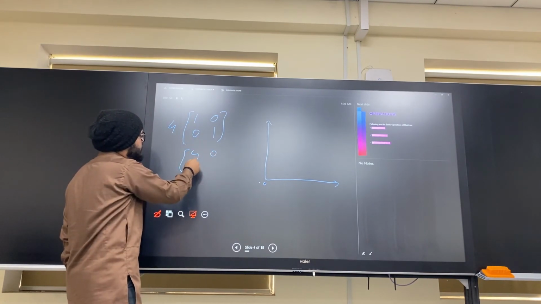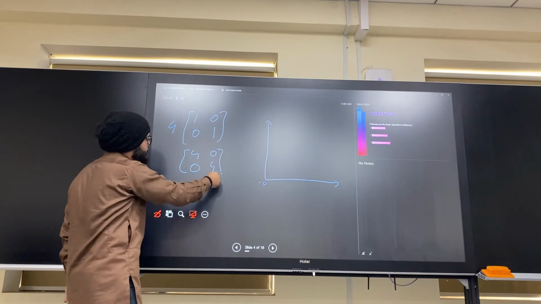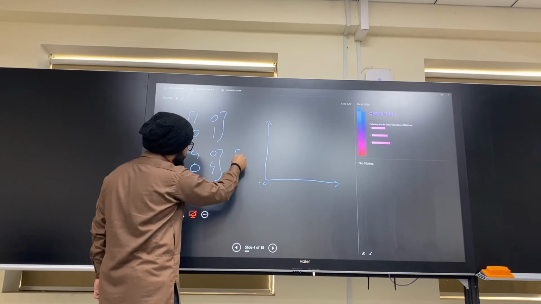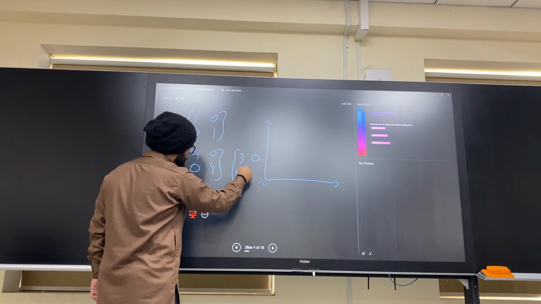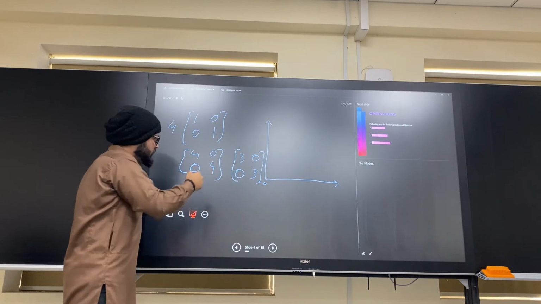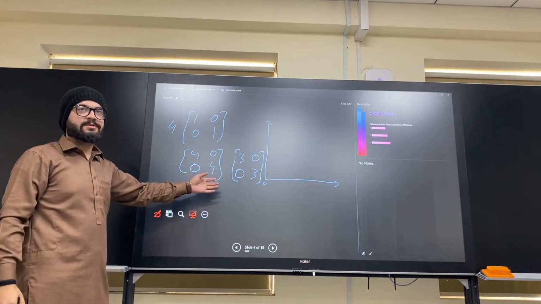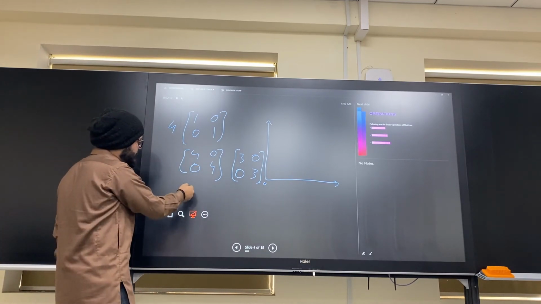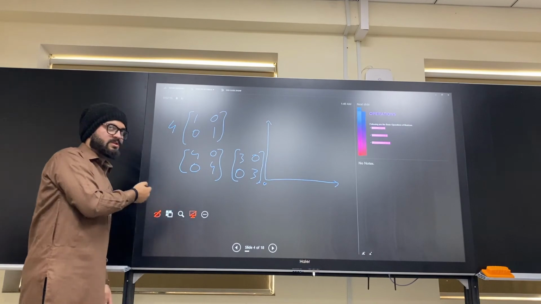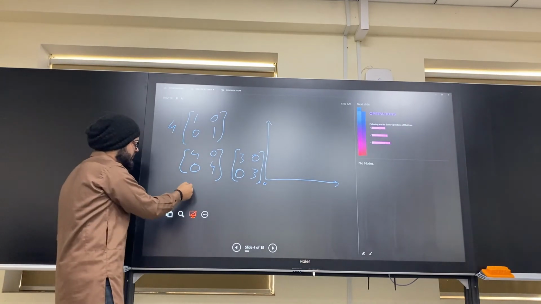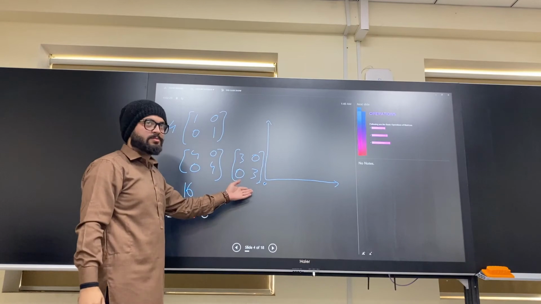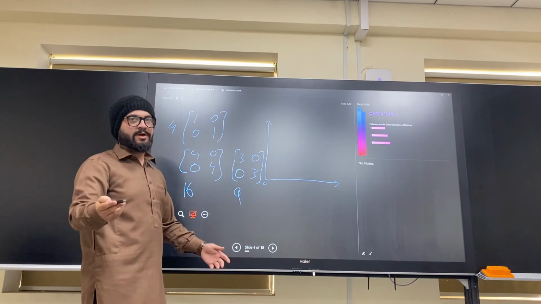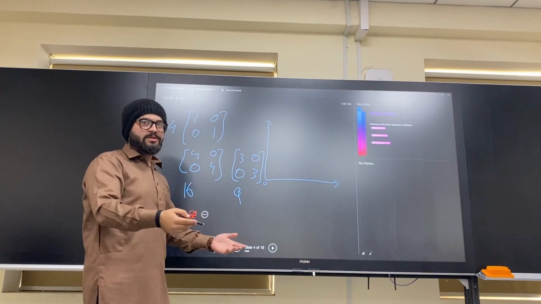4, 0, 0, and 4. And let's say you also have another which is 3. So now we have two different matrices of two different percentages. Now, if we find the determinant of this matrix, it will be 16, and the determinant of this matrix will be 9. And if we also find out 2 and 1 and 0, we know it will be the squares.